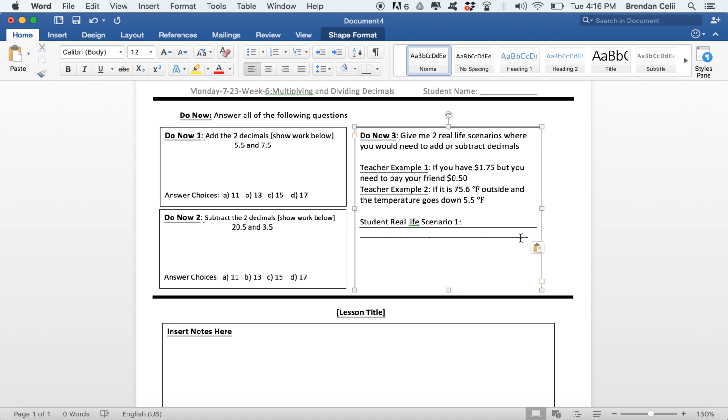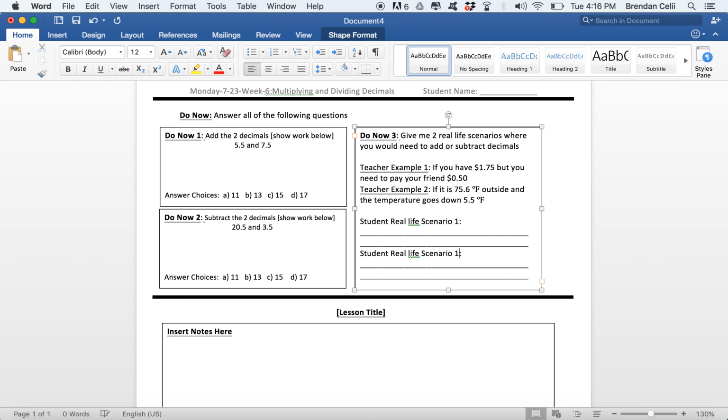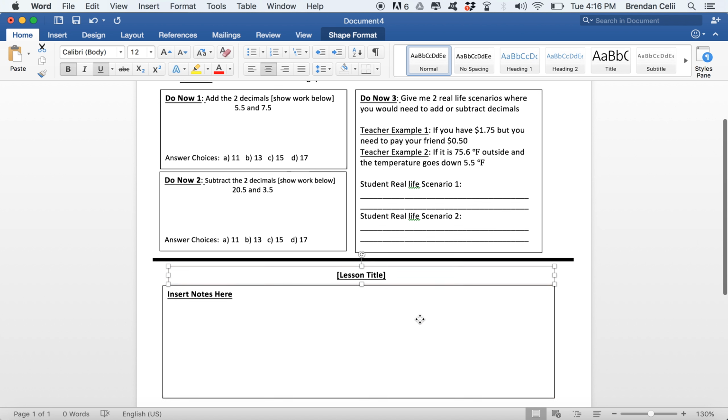Oh, so watch what it did. I hit enter, and it turned it into an underscore line, automatically. If you want to undo anything it does automatically, just hit Command or Control Z, and there we go. We got our line back. Okay, we'll take another one, and then watch. Let's do this again, but let's just give them a spot for scenario 2. There we go. Okay, so we are done with our do now, and now I'm going to do